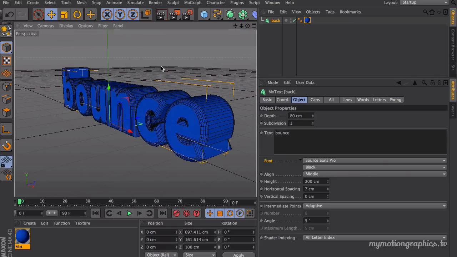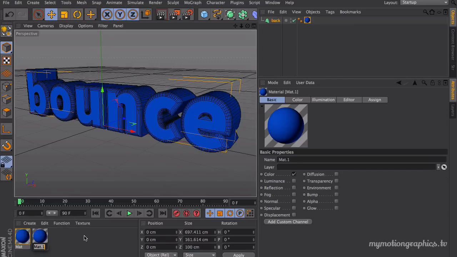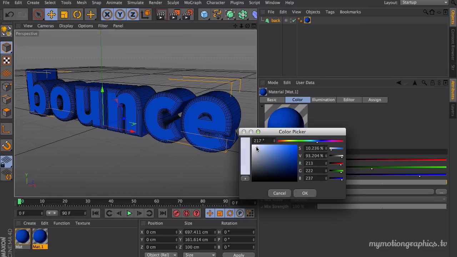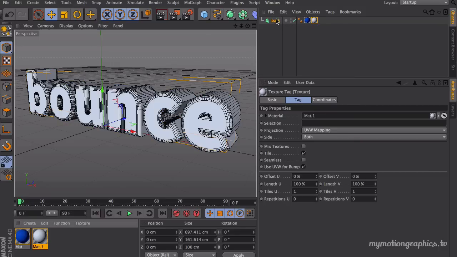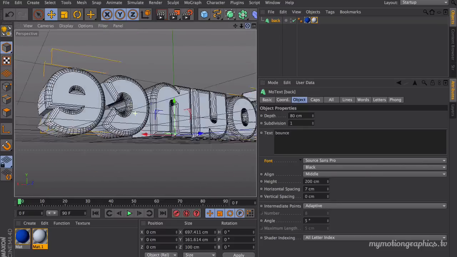Let's as well create another material, so Command or Control, click and drag, and you have a duplicate material. Let's select kind of a white color. I tend not to go to pure white because it's not very natural for things to be pure white. So anyway, let's click and drag our material into our object, and now we have like a white